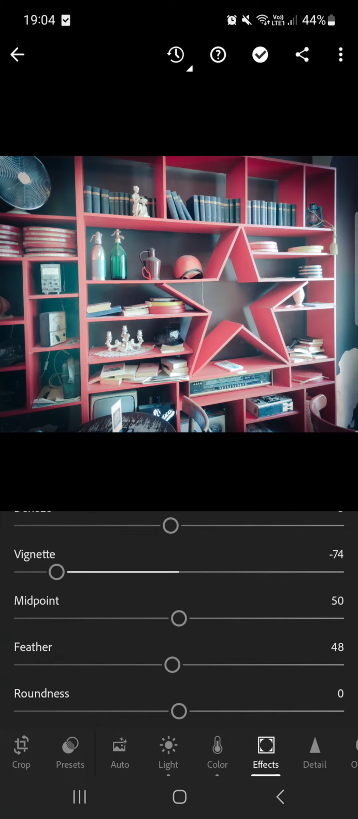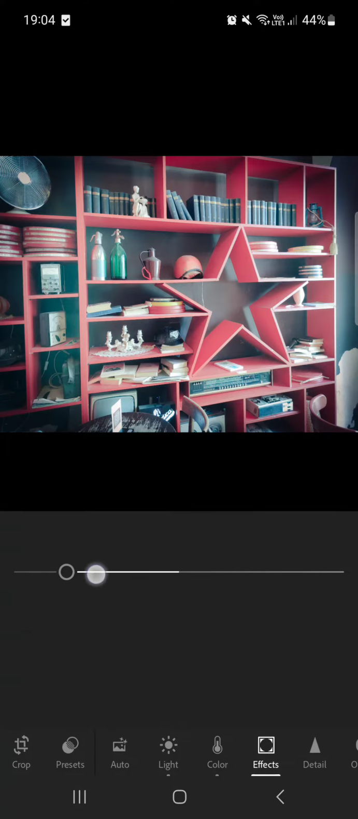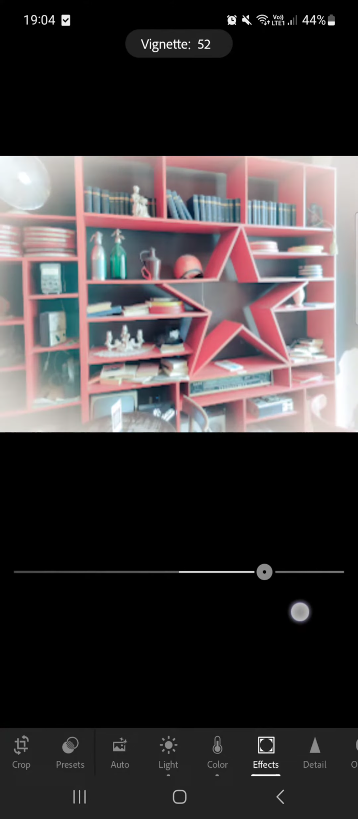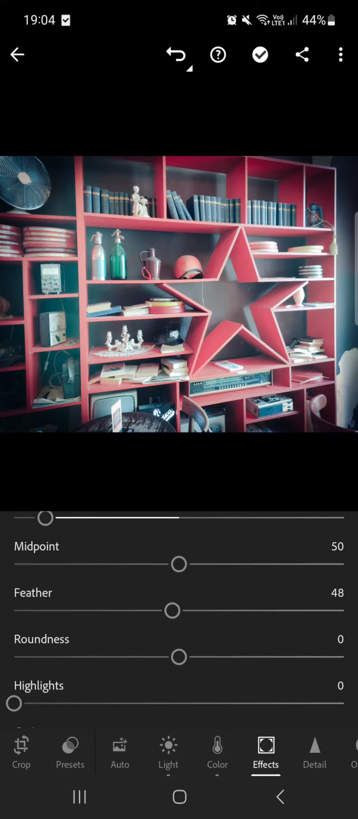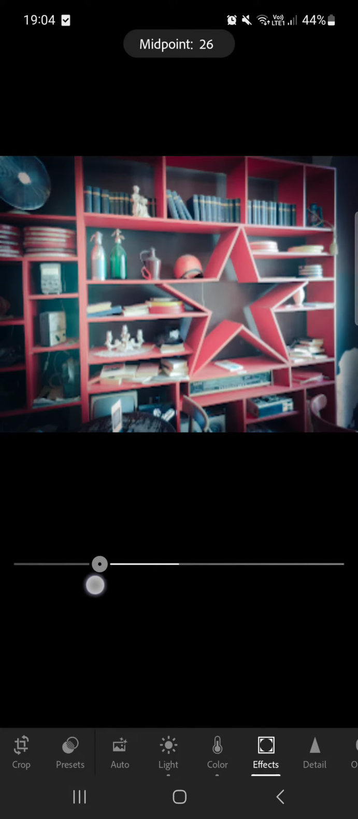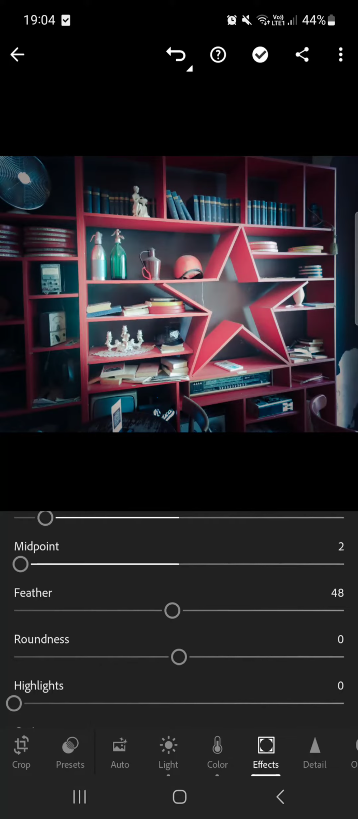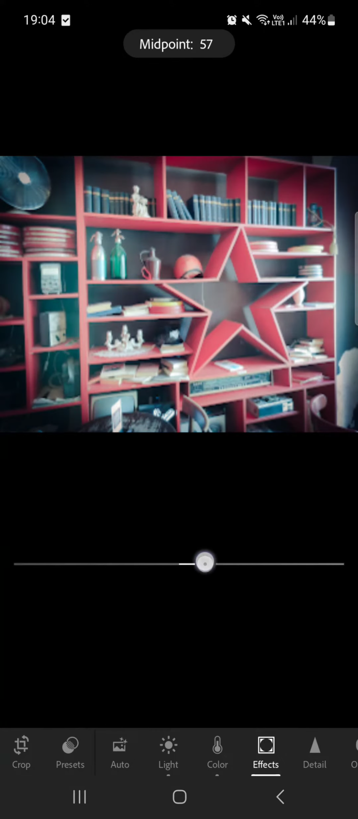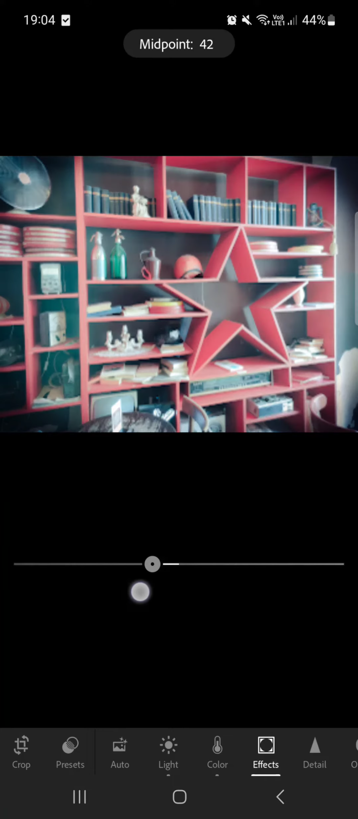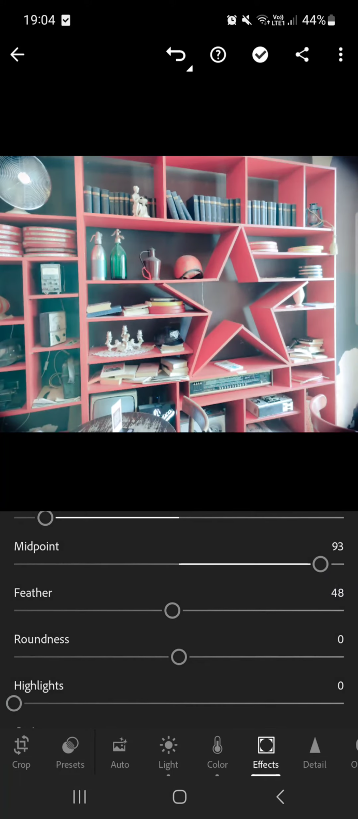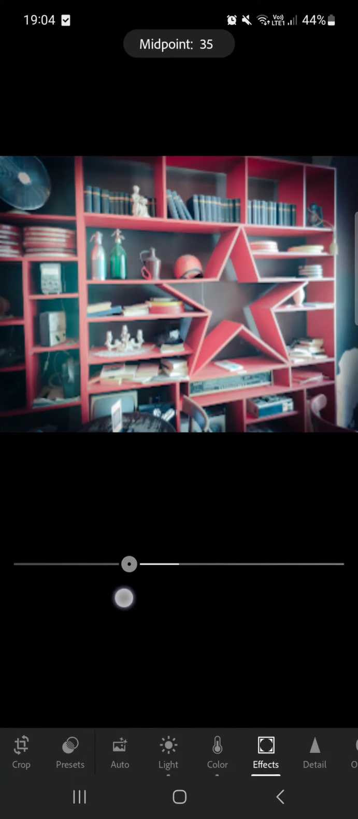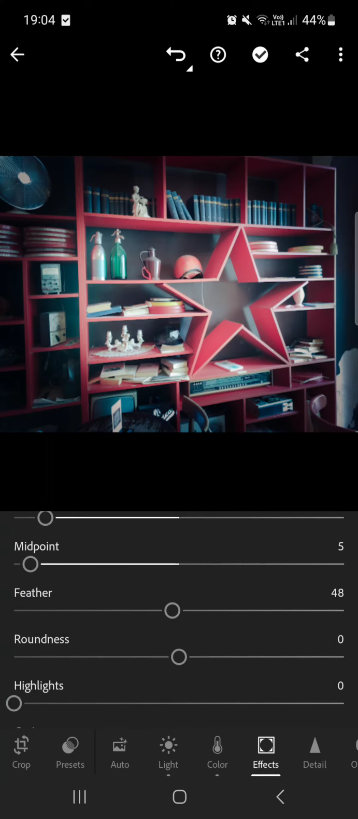We tap on Effects. Then, after setting the vignette, either to the left or to the right, we can edit the midpoint. If we slide the midpoint to the left, then the vignette effect is going to come closer to the middle of the image, the center of the image. But if we move it to the right, then the vignette effect is going to go farther away from the midpoint. This way we can create a focus to the image,